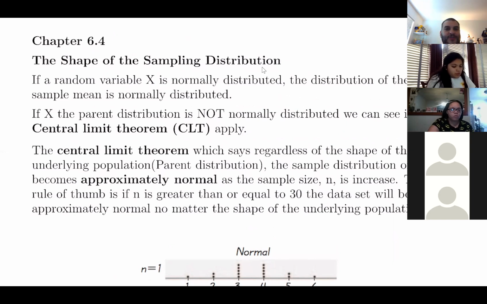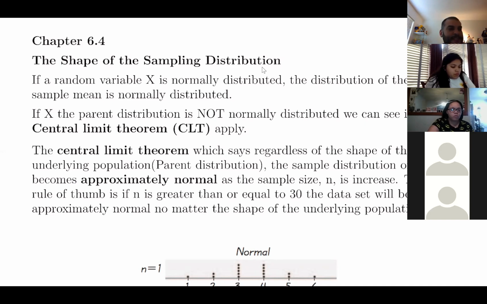If our data set is normally distributed, there's no need for the central limit theorem. If my data set is not normally distributed, that's when you want to apply it, because